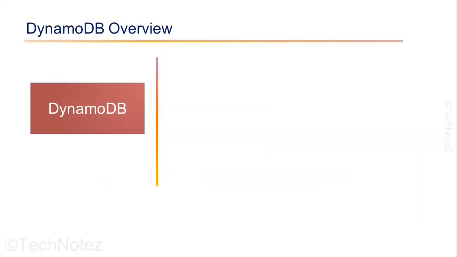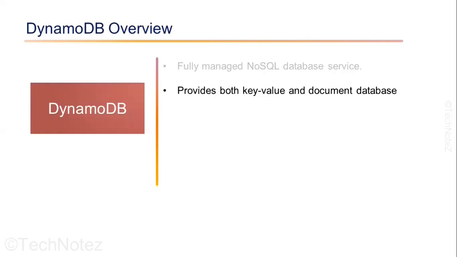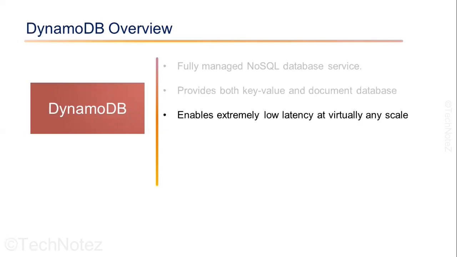Amazon DynamoDB is a fully managed NoSQL database service provided by AWS. It is designed to handle large amounts of data with high performance and low latency. DynamoDB is a key-value and document database, which means that data is stored in the form of key-value pairs, with each key representing a unique identifier for an item of data. The value can be of any type of data, such as a string, number, or JSON document. DynamoDB provides the ability to store, retrieve, and query large amounts of data with low latency.